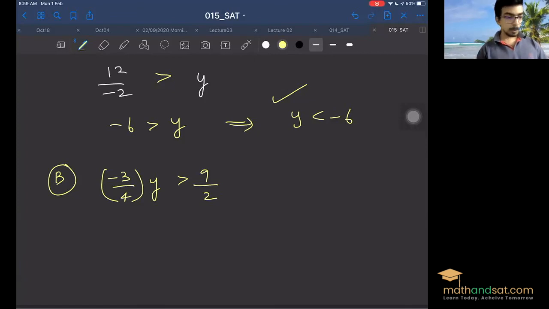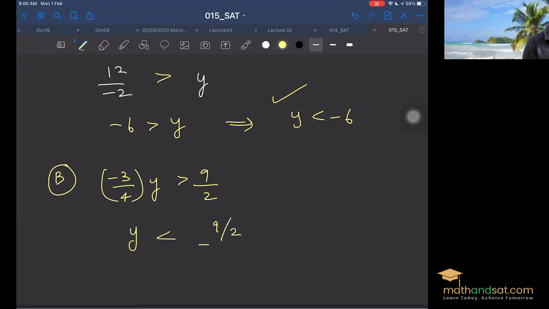So what do we do here? You can do this in a single step or in multiple steps. In a single step, to get rid of this minus 3 by 4, you just divide with minus 3 by 4. So y is less than 9 by 2